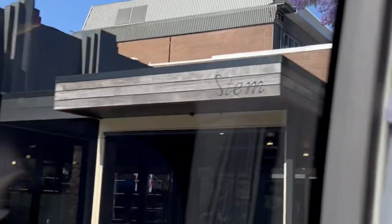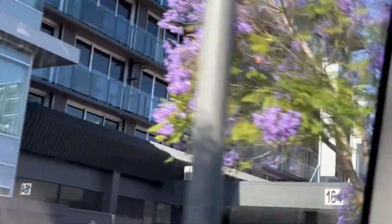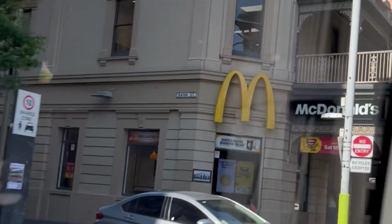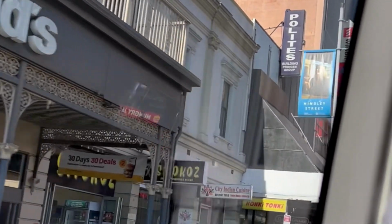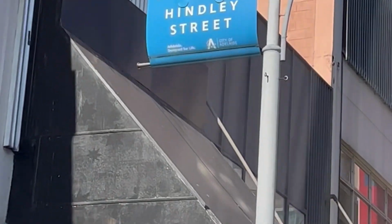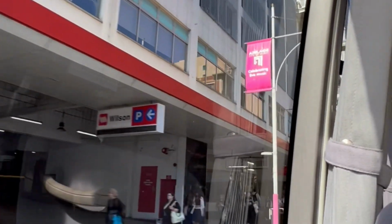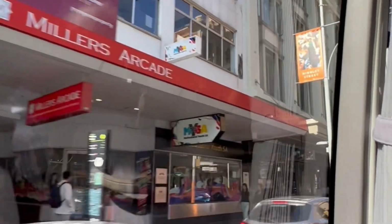Now you'll know why. Just coming into Hindley, just another little reminder for people hanging out in the area, and the karaoke bar as well. Right on the corner down here, where this is King William in front of us, we've got the Mayfair Hotel. If you go into the Mayfair Hotel and go to the rooftop, there's a really nice rooftop bar down there. Now, what I'm going to do is for my people